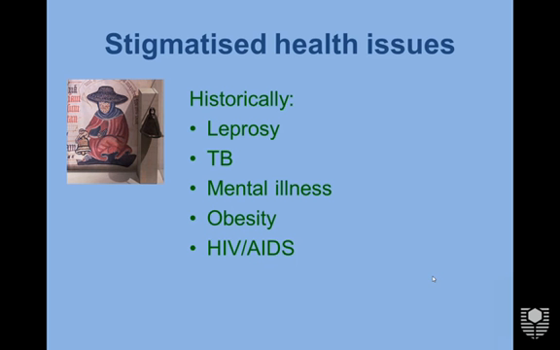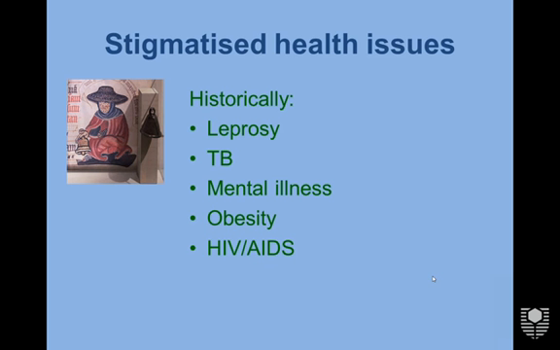Another example was TB. TB, often called consumption because you were consumed by the disease because of the extreme weight loss. It was a major contributor to death, mortality, and morbidity. For example, in England in 1814, TB accounted for 1 in every 4 deaths. And again, people with TB were isolated, and today what we have is antibiotic-resistant TB. And we deal with that in a very similar way that we used to. In fact, there's an island off New York City where people with antibiotic-resistant TB are isolated until they are deemed safe to be among the public.